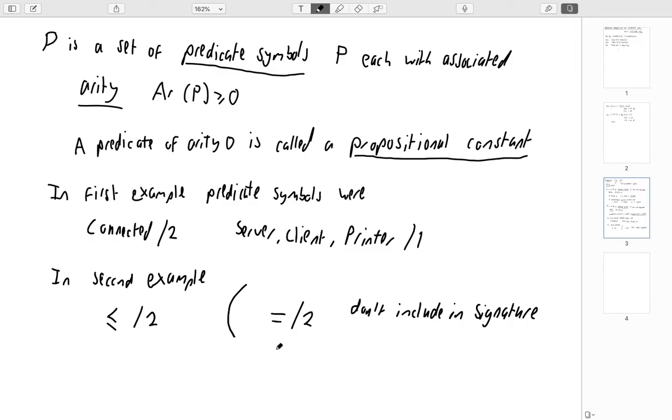So we don't include it in the signature because equality is a logical symbol. At least that's the way we're treating it. Okay, so once we've got the signature,